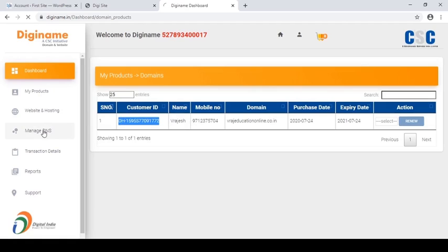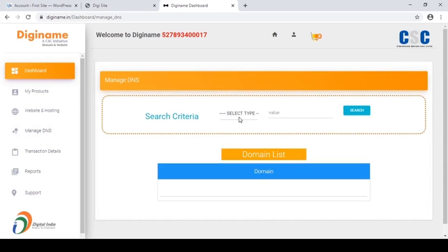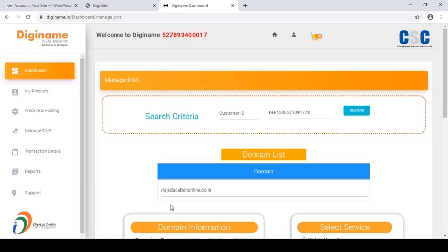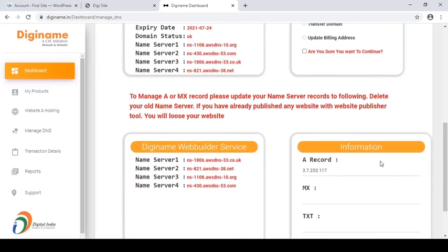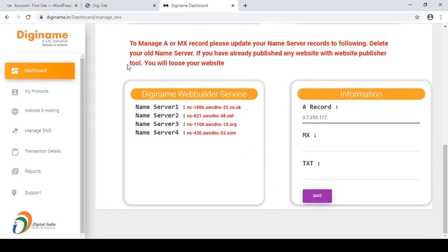Go to the manage DNS section, select customer ID, paste the copied customer ID, click on search, select domain from the list, paste the copied IP address in this A record and click on save button.